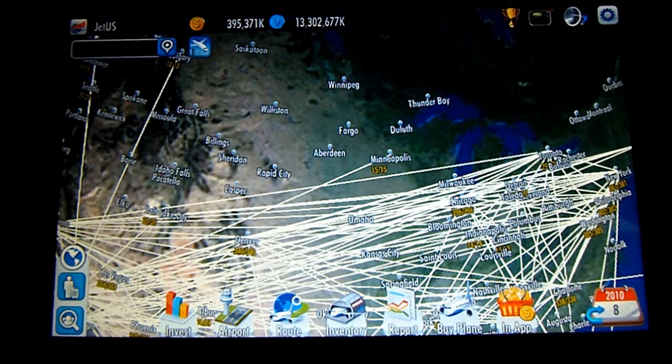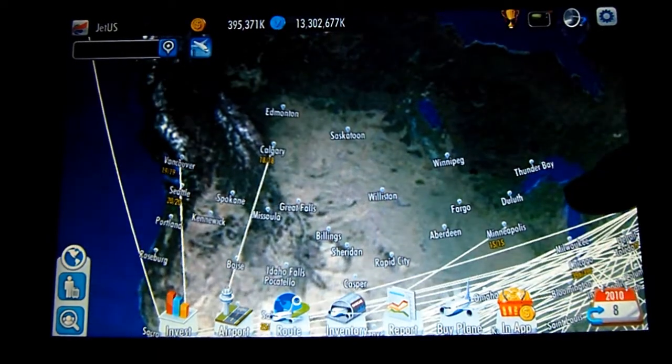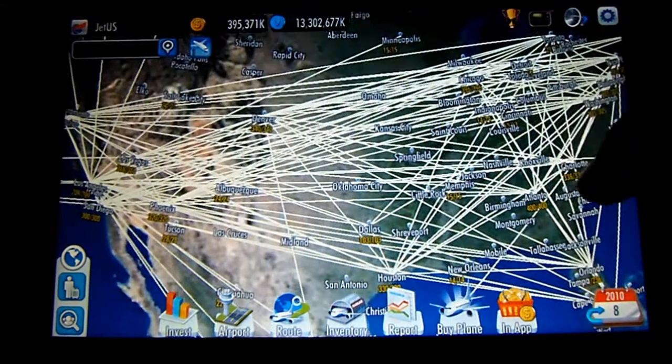Like, they're really close, so they're going to have loads of slots. But then somewhere like Los Angeles is going to go to all those cities, and it's only going to use like 11 or 12 or something like that. As I'm here, I might as well set just 2 of these routes, because I've just got these 2 aircraft here, and I really want to see the August profits,